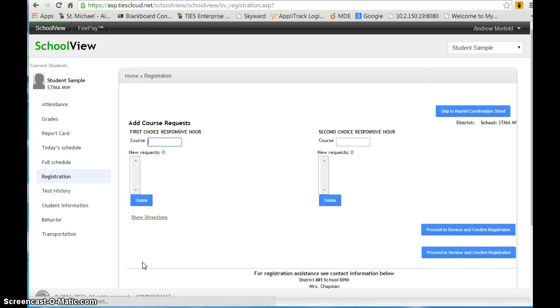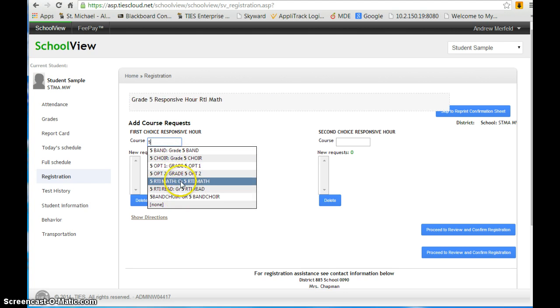As that loads, you'll notice that we are asking for your first choice for responsive hour and your second choice for responsive hour. And in the drop-down menu, you'll be able to type in the courses that you desire. The easiest way to see which courses are able to be chosen is to simply type in the number of the grade that you are enrolling for or entering into, and those courses will show up. So for example, incoming 5th graders, by typing in the number 5, a drop-down menu will show you the different